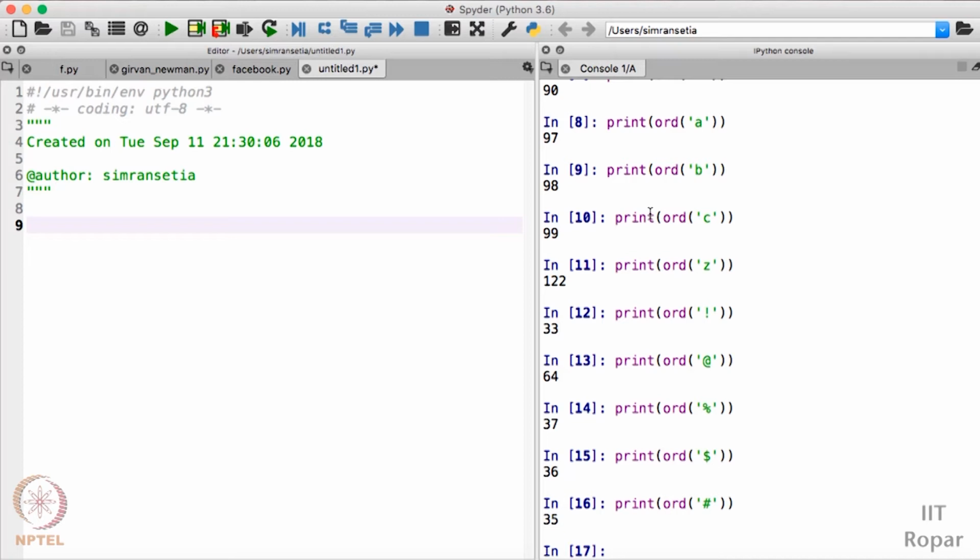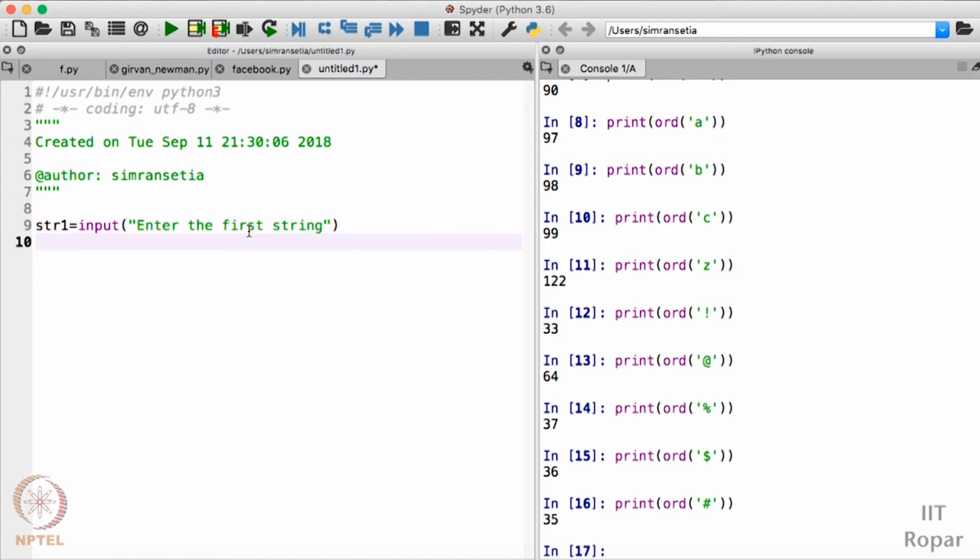So now let us use this function to implement anagrams. So as you know, we have two strings and we need to find whether these two strings are anagrams or not. So I'll take two strings here. I'll take str1 and I'll input, enter the first string. I'll also take another string str2 and I'll write input, enter the second string.